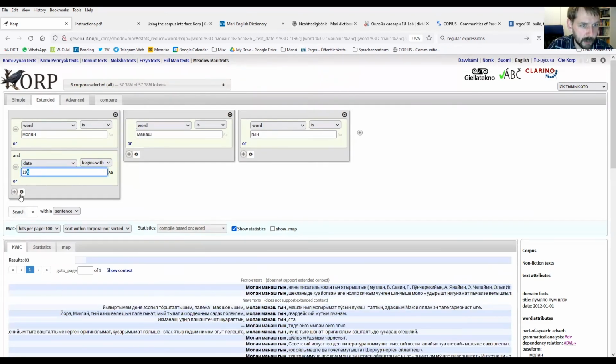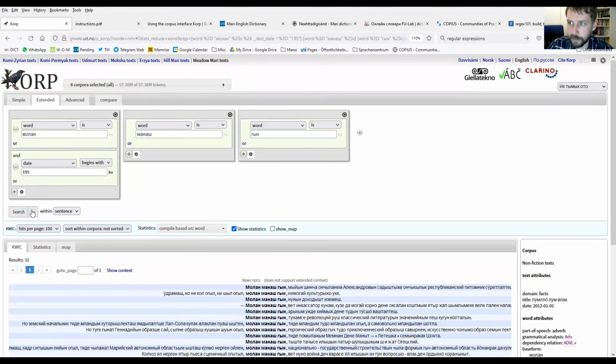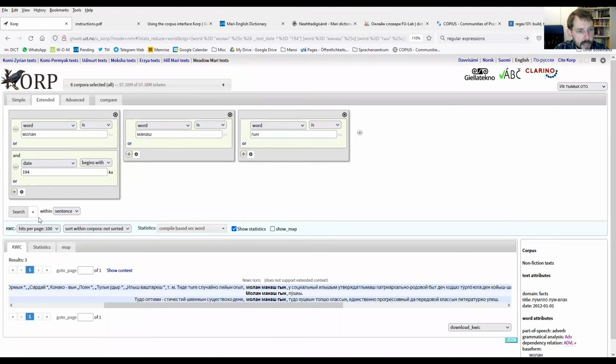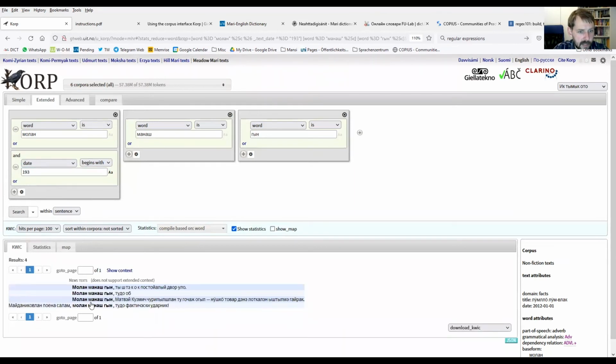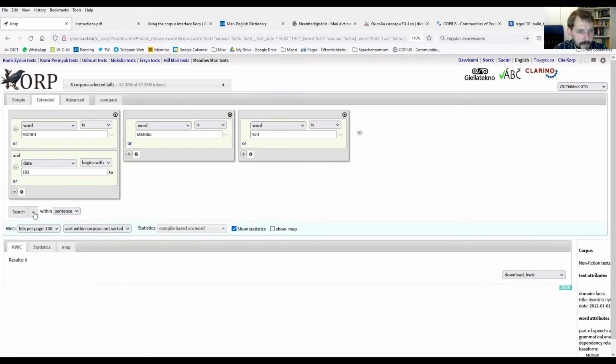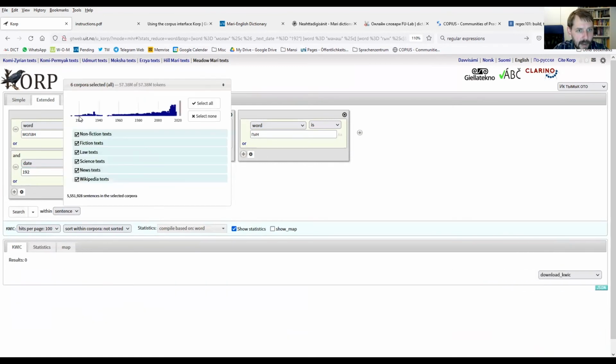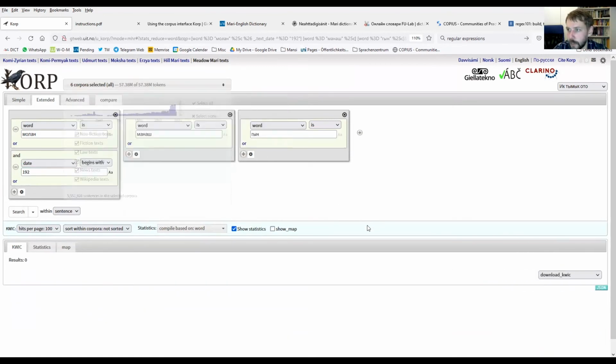So we're seeing that as we go back in time, we're getting fewer and fewer of these, but I'd have to adjust this for the frequencies. But if I look at the 40s, I have 3 occurrences. If I look at the 30s, I still have 4 occurrences. But if I look at the 20s, I don't have anything, even though we have a fair amount of text from the 20s. So nobody, at least not in any of the sources that we were using, was using this in the 20s. So if we look at the 30s again,